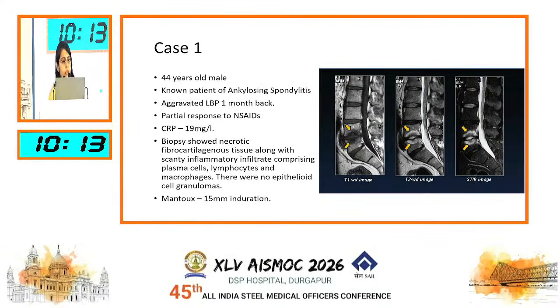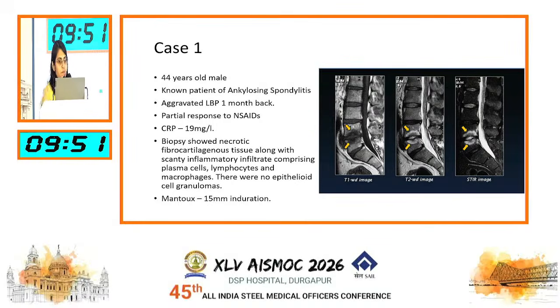So, just before ending my talk, I would like to discuss two cases. This is one case, a 44-year-old man who is a known patient of ankylosing spondylitis. He had an aggravated low back pain about a month back, and he was taking etoricoxib with some partial response but was not responding, and the CRP was found to be a lot high, and